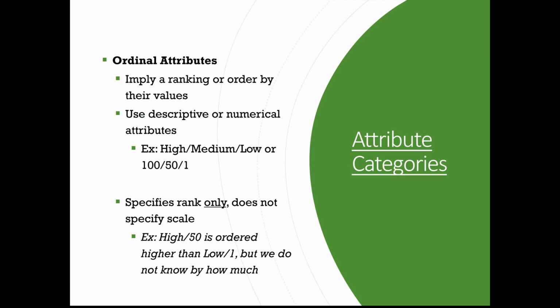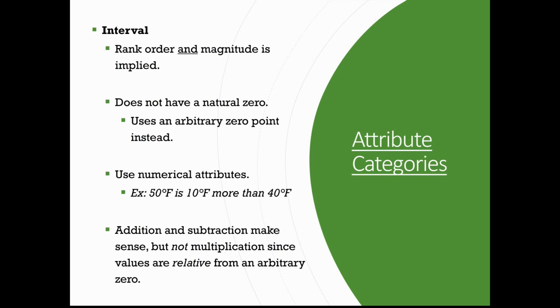low. Additionally, if the numerical attributes are of the ordinal attribute category, again, we can say that 50 is ordered higher than 20, and 20 is ordered higher than 10, but we cannot say that 50 is twice as high as 25, or that 25 is twice as high as 12 and a half. Even though we're using numbers to describe rank, do not let that confuse you into thinking that a scale is implied. The third entry category is the interval